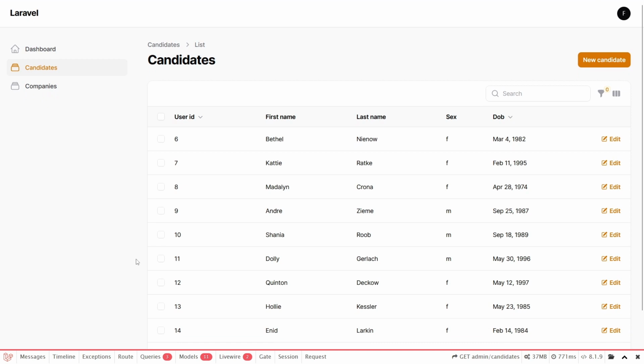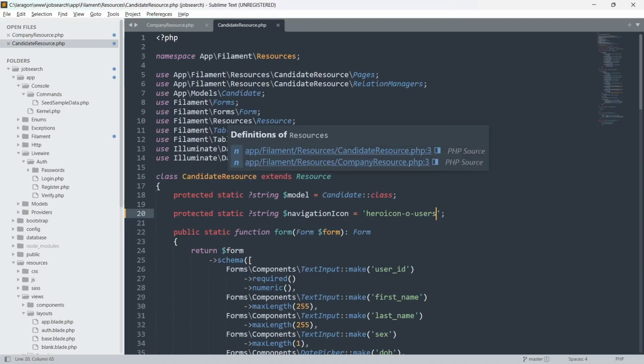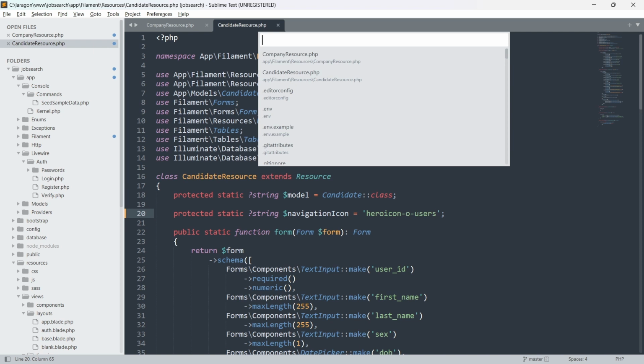Okay, let's do some customizations now. Alrighty, so the first thing we want to do is bring first name and last name into a single column. We're going to merge them into a single column. Now we could do that with accessors and or mutators, but my preferred approach would be to essentially go inside